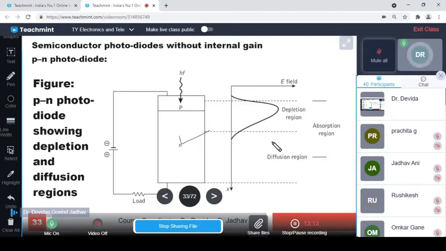So we do not require a slower current. Therefore, this is the drawback. This is the PN junction, and the depletion region is shorter, and a diffusion region is also there. So the diffusion region is completely removed by increasing the depletion region, and for that we have to convert this diode into the